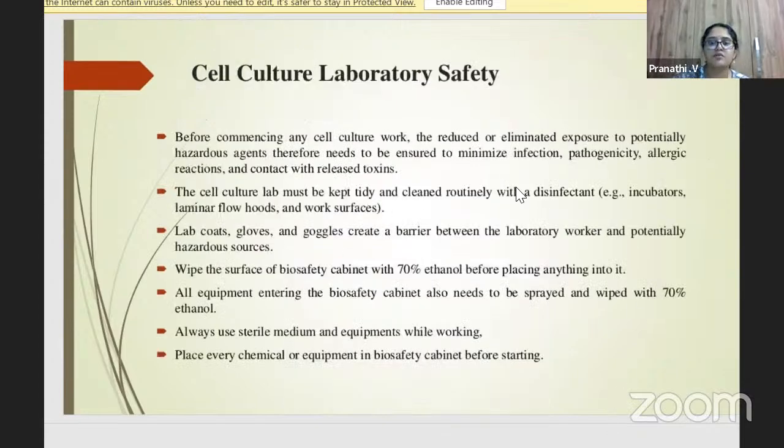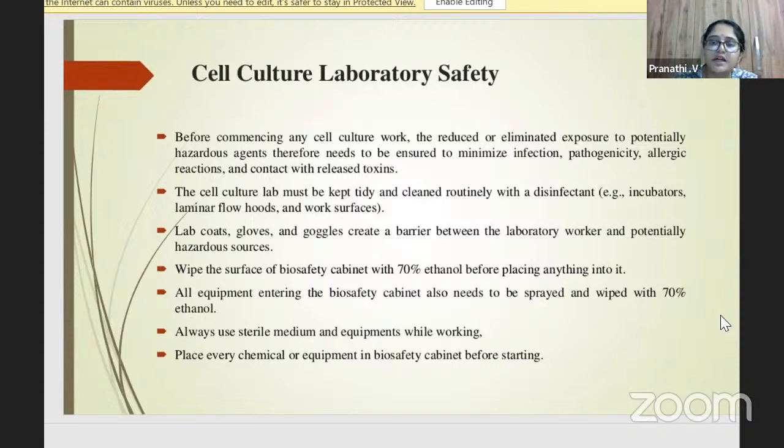Again, you have to maintain safety in cell culture and in the laboratory, for that matter, wearing protective gear and keeping your lab clean so that there is no infection, no release of toxins, and no allergic reactions. So work in a laminar airflow place. And if you're working with extremely hazardous organisms, say for example,